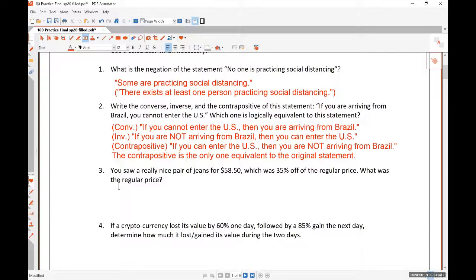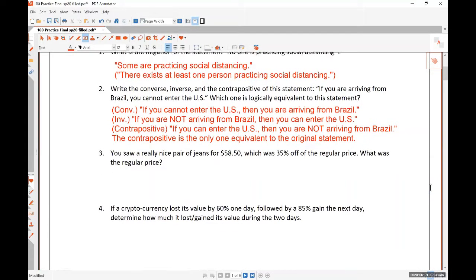...opposed to typing. You saw a really nice pair of jeans for $58.50, which was 35% off of the regular price. What was the regular price? All right, so the easy mistake that many people make is to find 35% of $58.50,